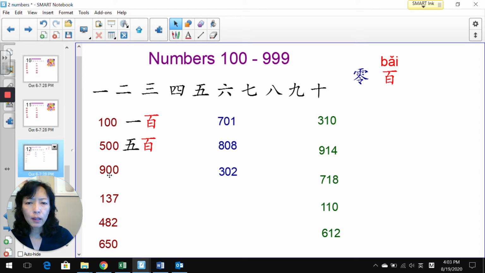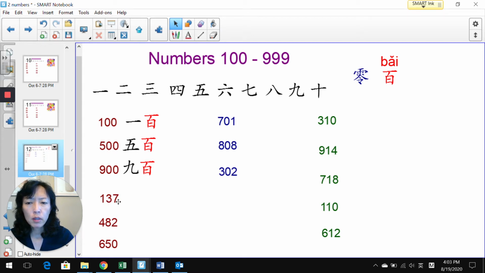What about 900? You need to find 9, and then 100, 百. So you will have 九百. I'm pretty sure you can do 200, 300, 600, 800 by yourself. Just use this way to build your numbers. Very good. Okay, now let's move to the next number,